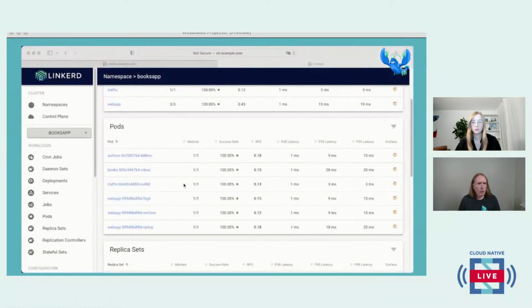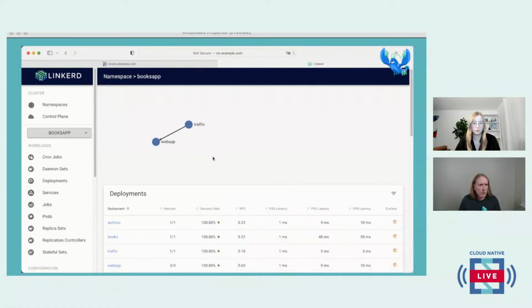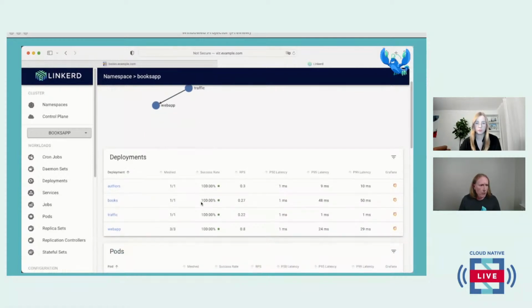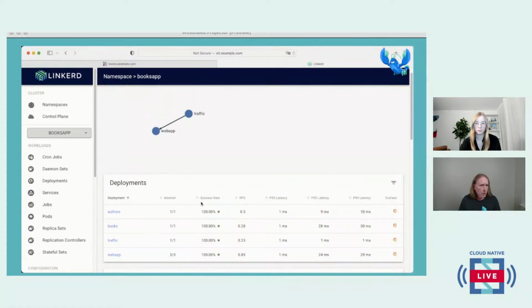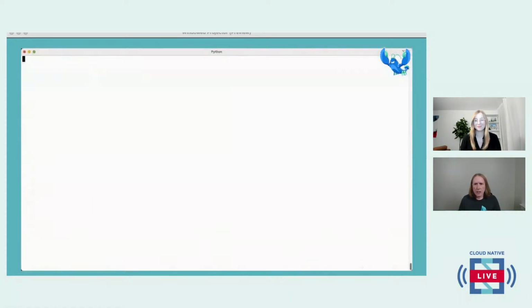And if we switch over to the browser, we can see that Viz has gotten quite a bit happier, where we get to see the success rates now. If I reload it, over time, the topology graph will come back if we wait a little while longer. I don't think I'm actually going to wait a little while longer, though. So, okay.